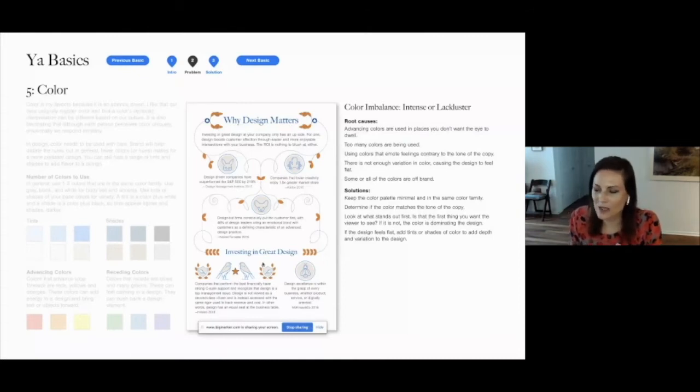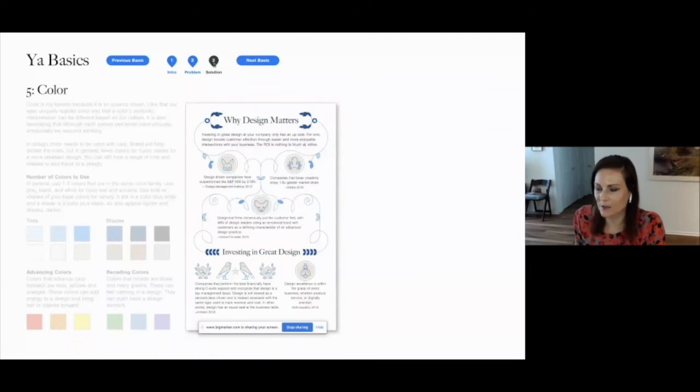But it really does distract from the content, particularly because the primary color is that dark blue and the blue recedes too much. So I'm really only seeing the orange and it's very difficult to get into the copy. So the solution to that is to find that balance.